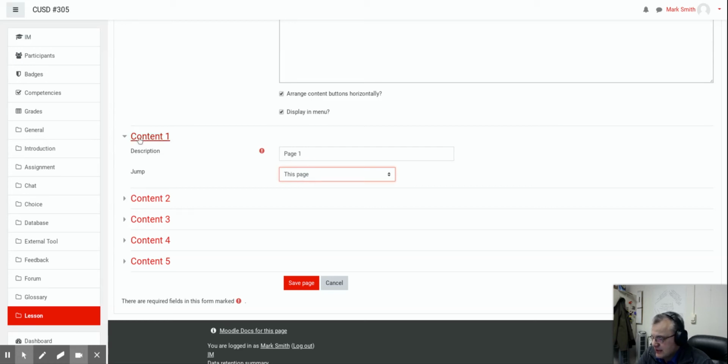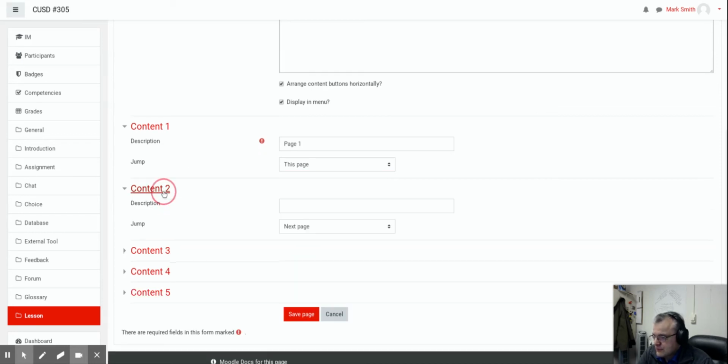So what you're seeing here is these are the different content pages. And so you can start naming them if you want to name them, and you can have them jump. Well, notice that there's nothing else here except next page, previous page. You can't see these: end of lesson, unseen question with content page, random question with content page, or random content page. So you could have them jump around however you want, but what this is designed to do is,